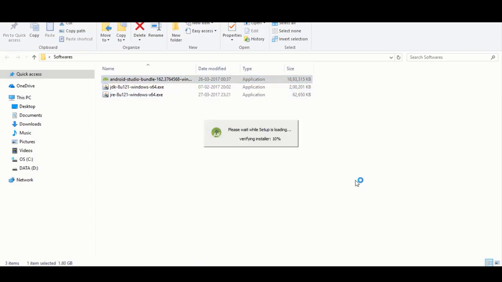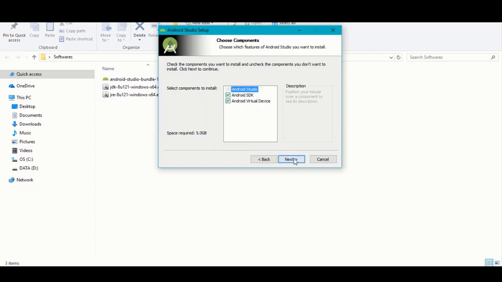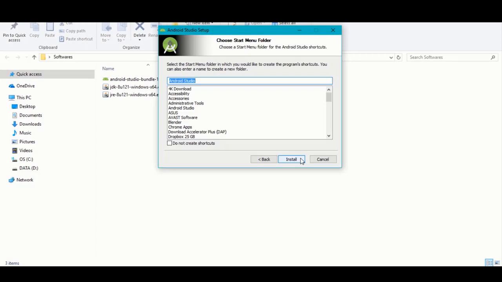Now we'll be installing Android Studio. This may take a while, the installation process may take a while depending on the hardware you are using. We click on next, and the installation process may differ from myself to you depending on the version you are using. We'll again do next. We can also change the directory of the Android Studio, and the Android SDK location is the location where we have installed our SDK. Please refer to that location. Here my SDK is in this particular location, so I have given it in this path. If yours is in a different path, you have to give it in that path. Next,